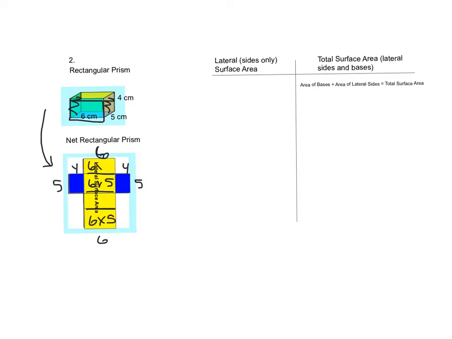And 2 6 by 4s. So we have everything laid out with our prism. Now we're just going to come over here to show our work. For the lateral surface area, I have 2 sides. 2 of these sides